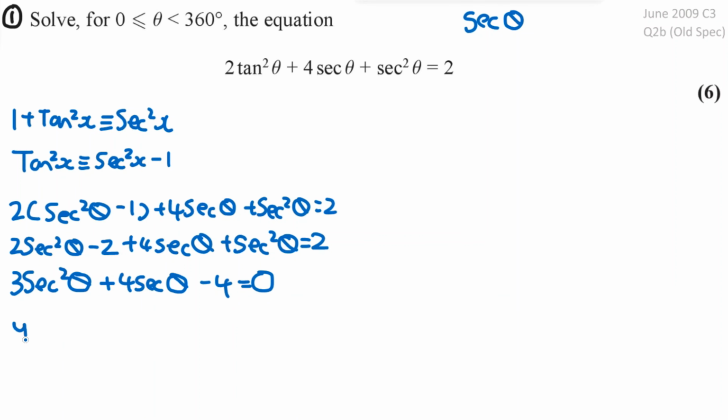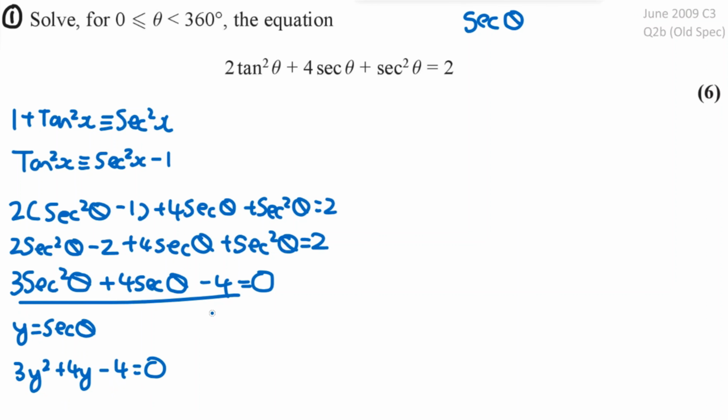And this is a quadratic equation where we've got this sec squared theta and this sec theta here. If you want to, you can make a substitution like y is equal to sec theta and make this 3y squared plus 4y minus 4 is equal to 0, and then you can solve it in this format if you prefer it like this. I'm just going to solve it in this format here. So this is a quadratic equation we talked about in chapter 2 of year 1, all the ways that we can solve quadratic equations. We can factorize, we can use our calculator, we can use the quadratic formula. I'm just going to factorize it,